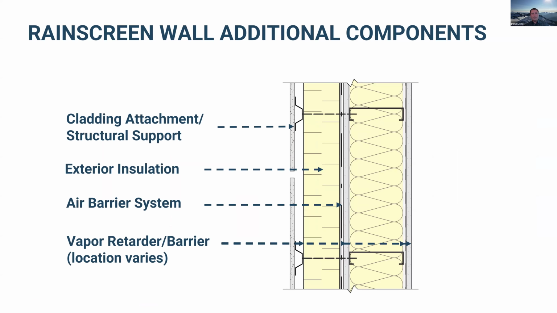So we've covered the outer layer and the inner layer and the backup wall, but there's a lot of stuff in the middle. So there's quite often exterior insulation, continuous insulation. There's the cladding attachment system itself, so what holds the cladding on the building. You may also have insulation within the backup wall. You may have another vapor control layer in there that's going to depend on climate, but lots of other stuff